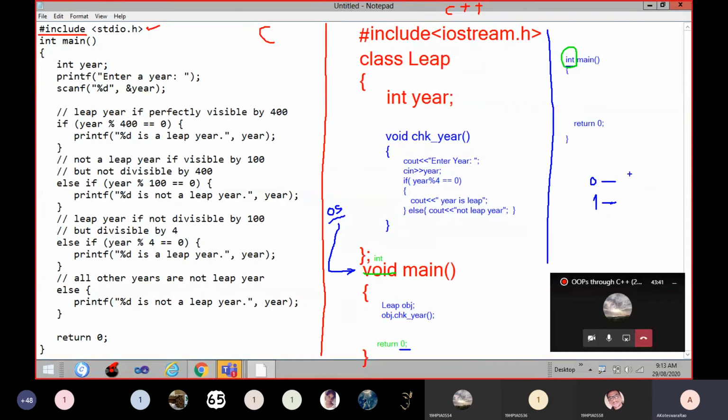Understand? So that is why we are including the main function return type as int. If the main function returns 0, then the OS can understand the last program is executed without any errors. If the main function returns 1, then the OS understands that the last executed program ended with some errors. So that is the reason why we are including the main function return type as integer. Is it clear? Someone respond.